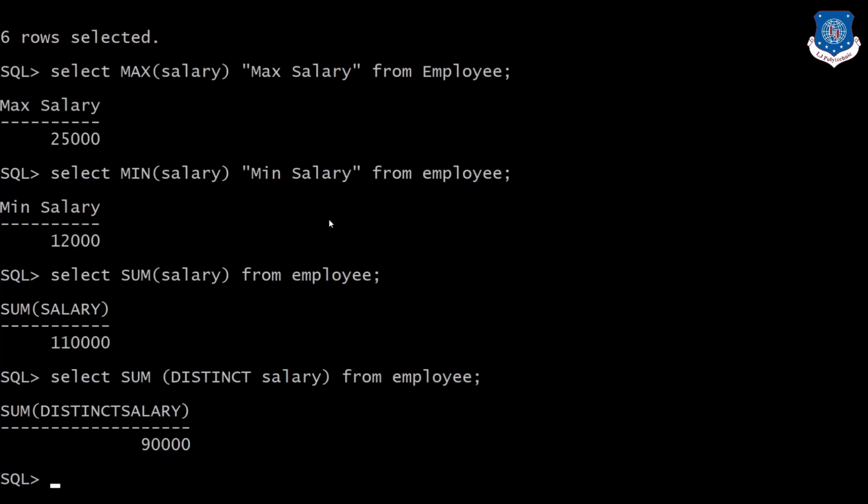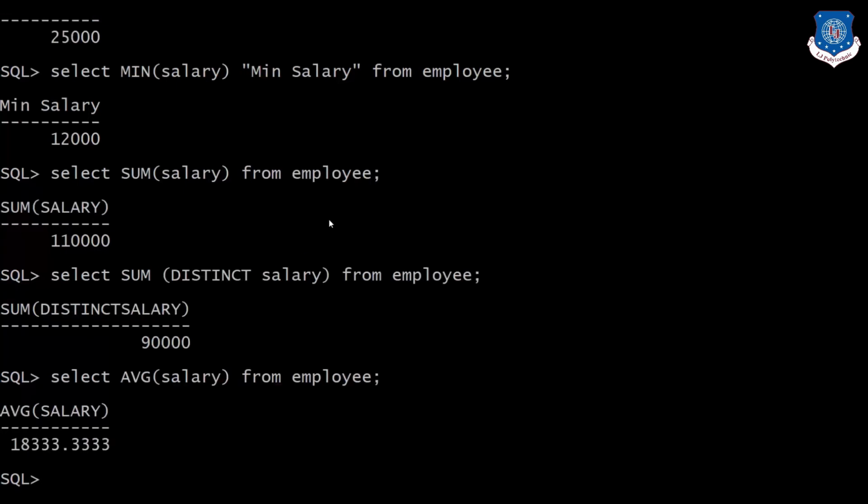Now if we want the average, what is the average salary of the organization, in that case select average salary from employee. So this would be the average number that we are having in case of employee salary. This can also be applied in case of average.